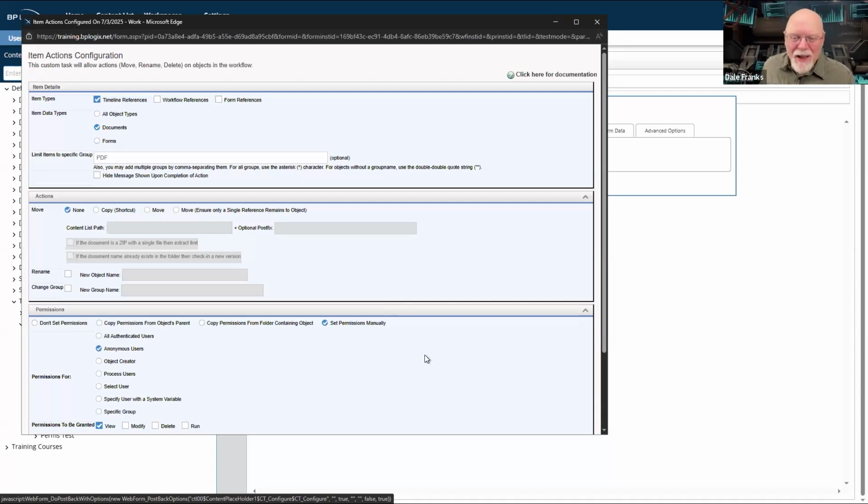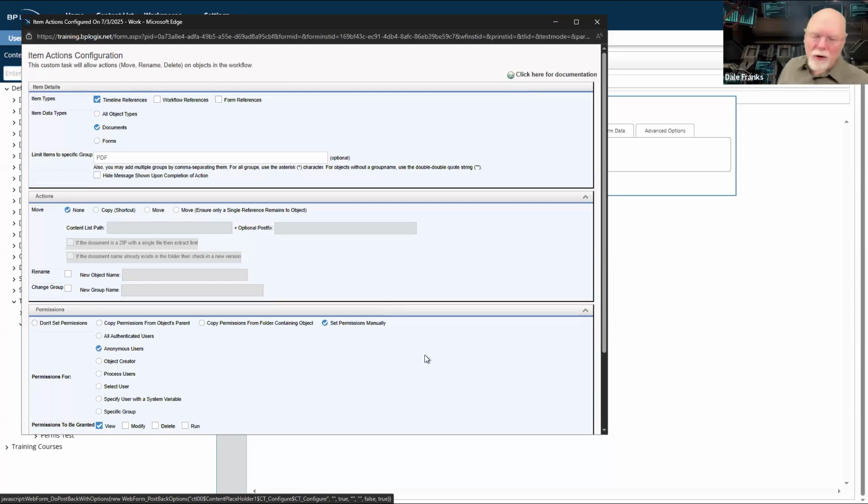And by the way, the document attachment is not really even a content list object in and of itself. It is an attachment that is stored in the database, but it's not really accessible through the content list directly. I really have to open up the timeline instance to be able to access this document, or I need to be able to grab it via a knowledge view, which will also grab all of the documents in the system as well. And that document just needs to have different permissions. I need to allow anonymous users to look at it, even if I don't want them to look at my form or anything else. I still want to be able to present that to them.